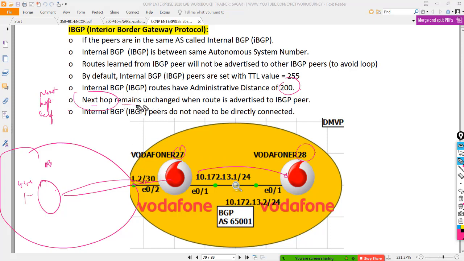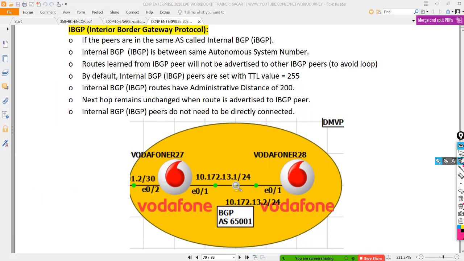It remains unchanged. That's the default behavior of IBGP. But yes, you can change it with the feature called next hop self. IBGP peers do not need to be directly connected. That's why this AD is so high in the case of IBGP. Okay, fine. That was regarding IBGP.